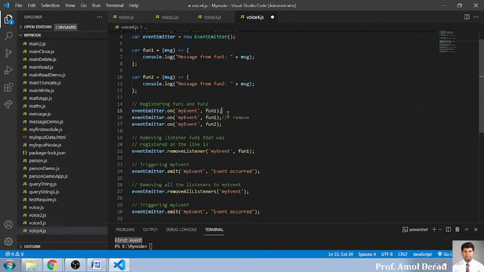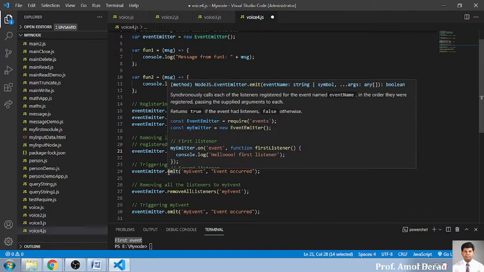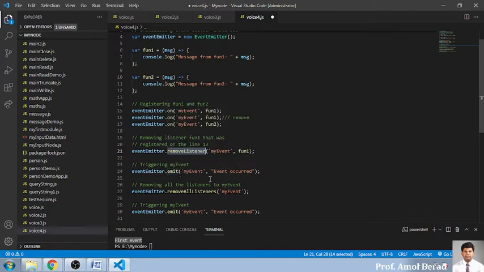So the first one will be removed and for the second one there is no alternative, because the execution flow of both remains the same. We assume we don't want duplicates. So in this situation I will be removing this listener. Now this listener will be removed, then I will send it for emit, meaning for execution, and I am passing this parameter called event occur.